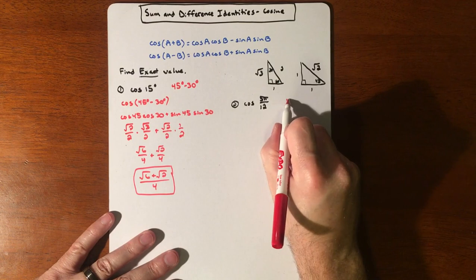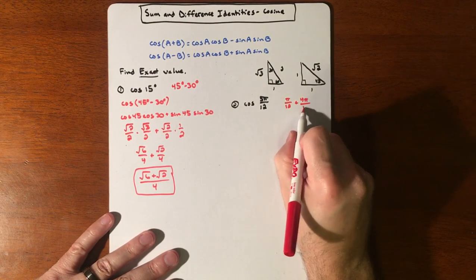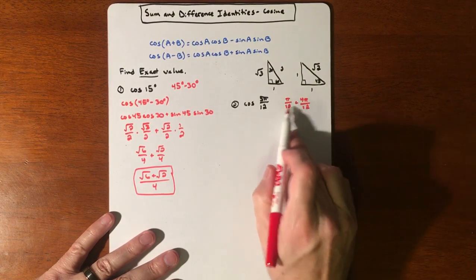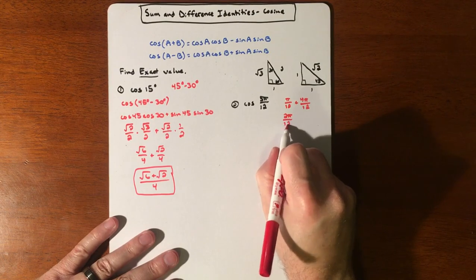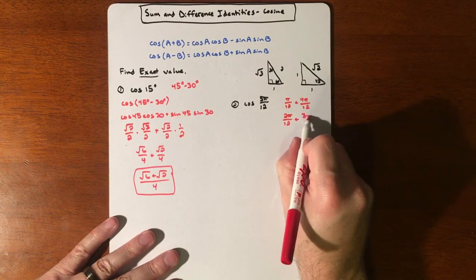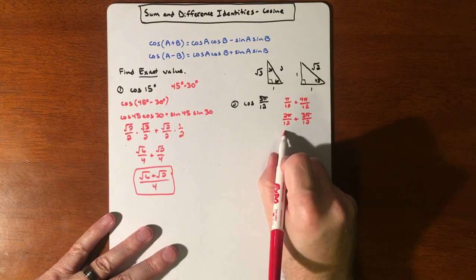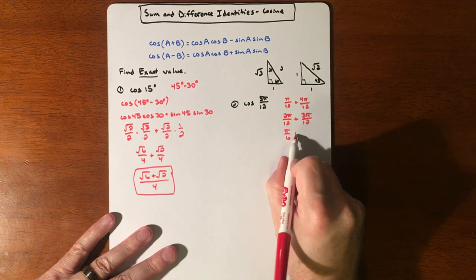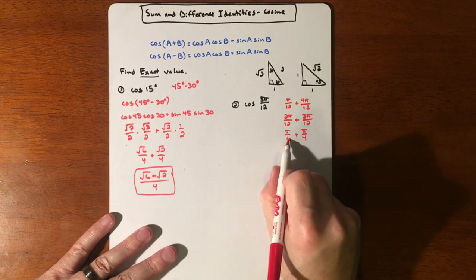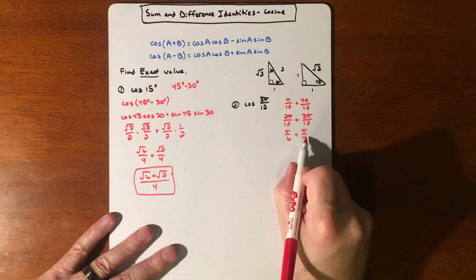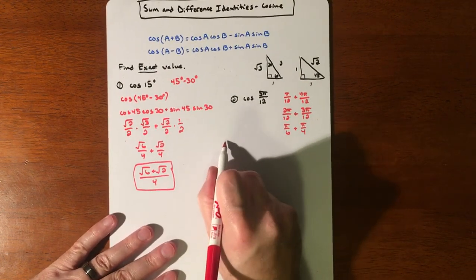So us doing something like a pi over 12 plus a 4 pi over 12 is not helpful because this thing won't simplify. So if we make this a 2 pi over 12 plus a 3 pi over 12, those will simplify, and this will just become a pi over 6, and this would become a pi over 4. So that's a 30 degree reference angle, that's a 45 degree reference angle, perfect. So we're going to do cosine